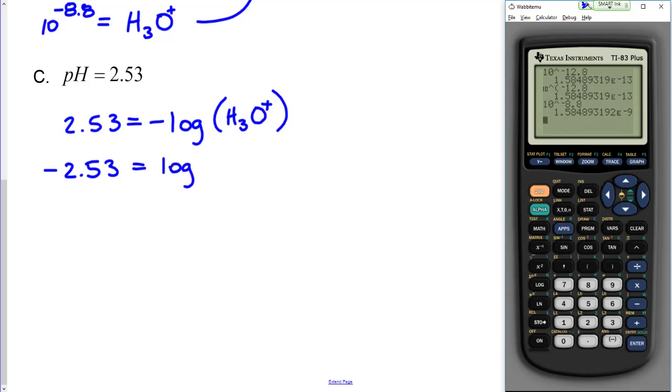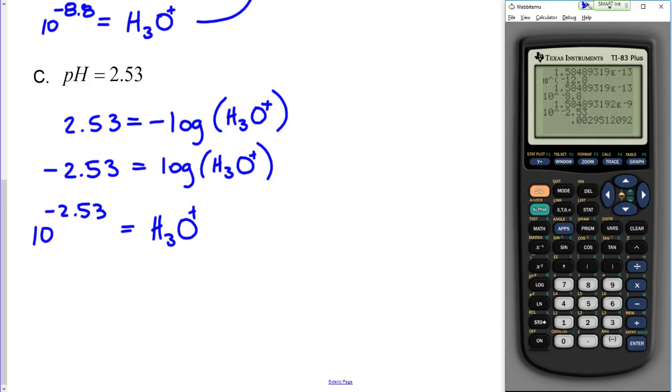So log of H3O plus, and the common logarithm is base 10, so it's going to be 10 to the negative 2.53, and that's going to be equal to the hydronium ion concentration. So come over to the calculator, 10 raised to the negative 2.53, and we get